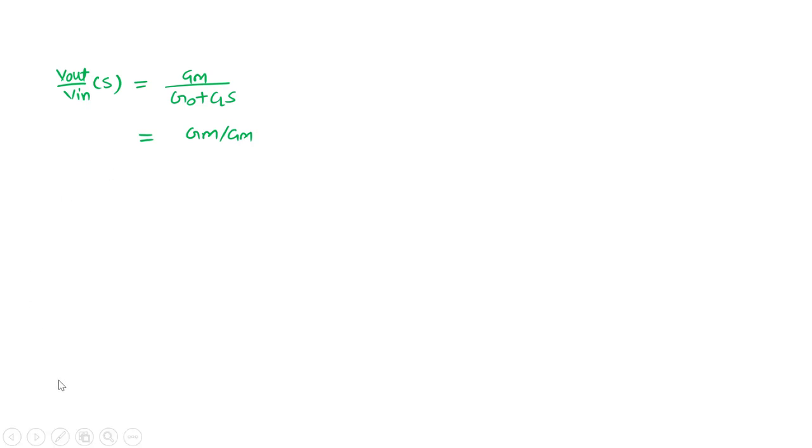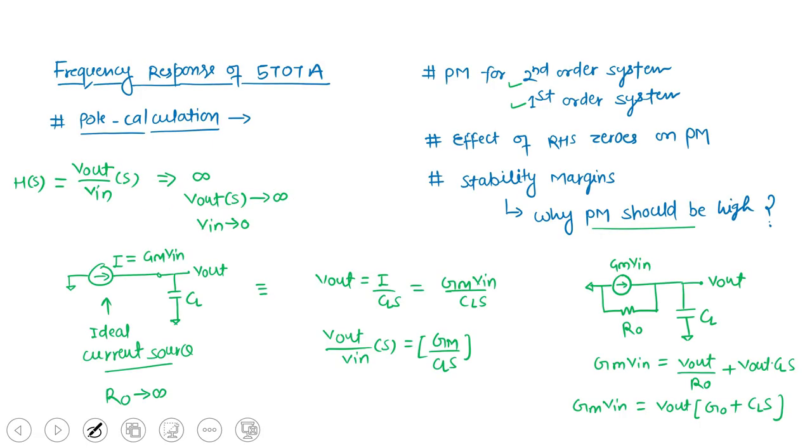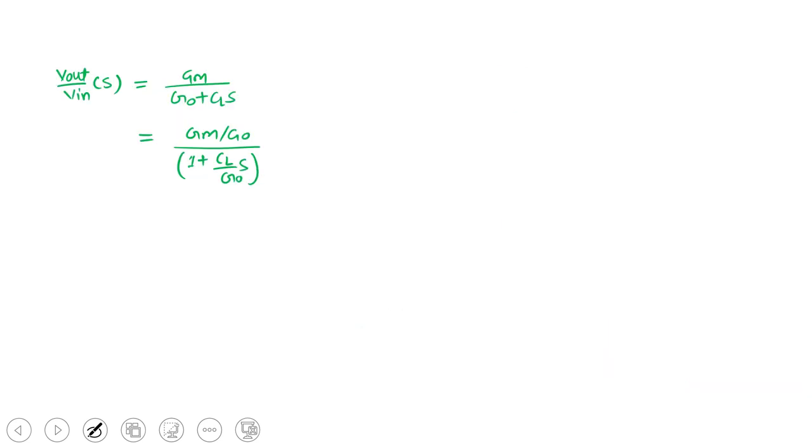Okay, G naught times 1 plus CL by G naught S. So from here, what we have seen, we have DC gain and 3 dB frequency, which is the pole frequency, or dominant pole frequency. Here also, no second pole and no zero is visible yet. Okay, so my point is,